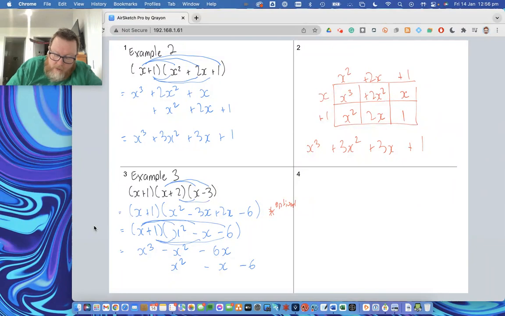Okay, so then I can finish off with my column add there. I've got x cubed, minus x squared plus x squared is 0, so there are no x squareds left, so we leave that blank. Minus 6x minus x is minus 7x. You don't really need to leave this big gap here, but I'm just trying to keep the columns true, and then a minus 6 at the end. So the answer is x cubed minus 7x minus 6. So you don't have to, but if you just wanted to make it nice and tidy, rewrite it again with the gaps missing,